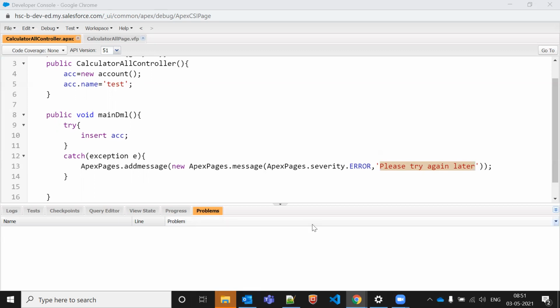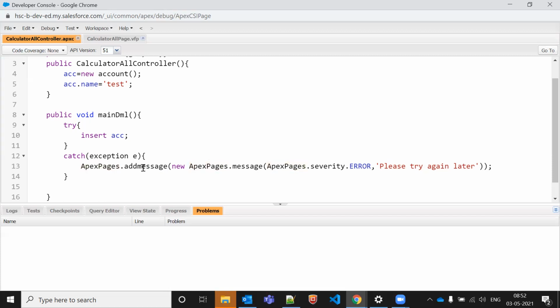Let's say I have 100 Visualforce pages and their Apex classes. I'm adding try catch exception handling to all the Visualforce pages' Apex classes, so that today we are displaying the message please try again later in all the Visualforce pages. So this is copying the syntax and pasting it everywhere. Don't assume this; this happens in real time.